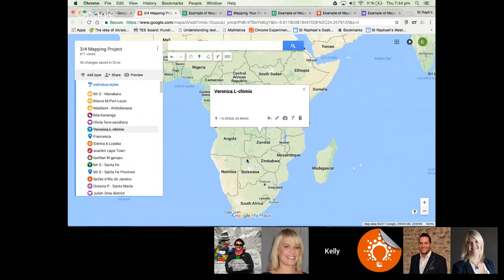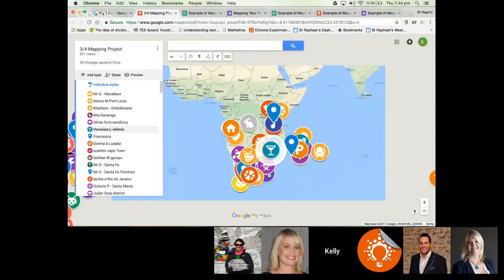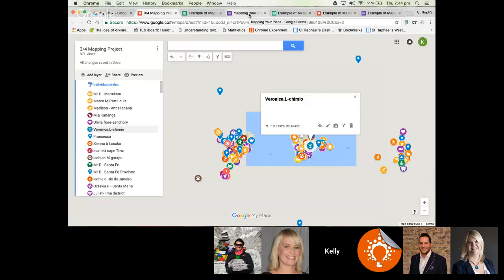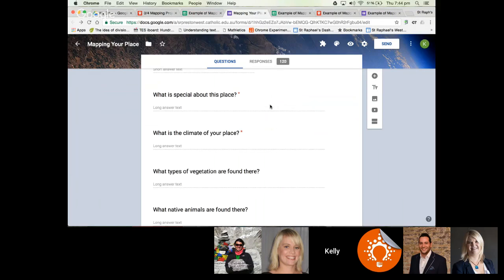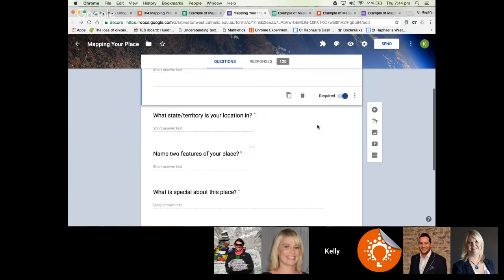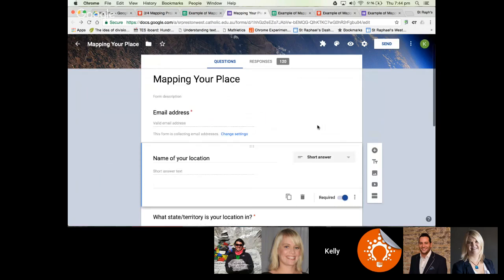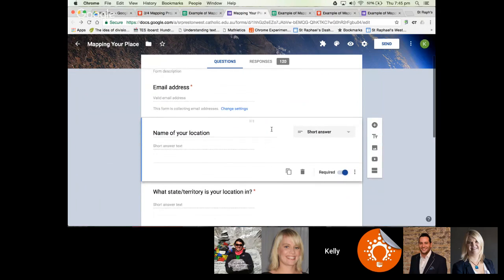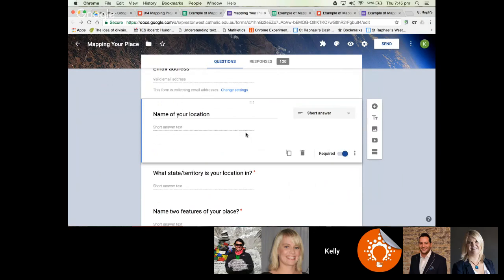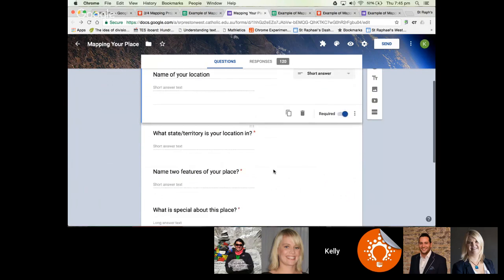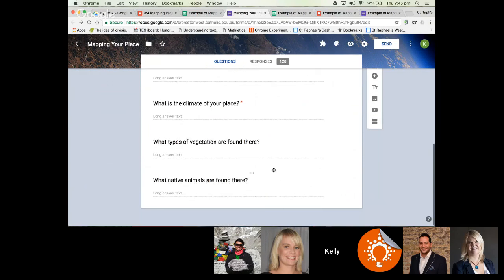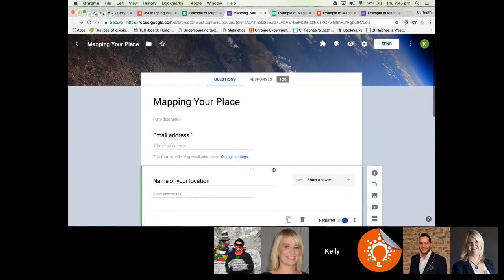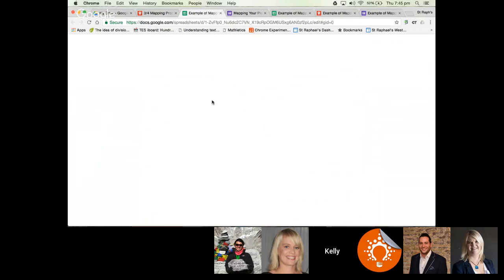Then what we got them to do from here, we wanted them to collect some data. So we developed with the students a form which they would fill out to get information about a place that they wanted to find out about. We collected their email addresses so we knew whose was what, and we got them to put their location, state, territory, but sometimes this was also country. We got them to say two features of the place and why the place is special: the climate, vegetation, and a native animal. And then we collected their responses in a